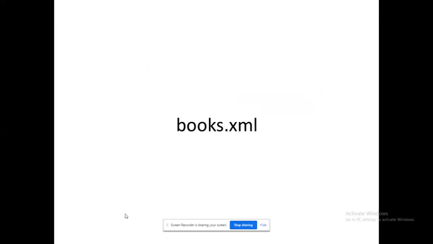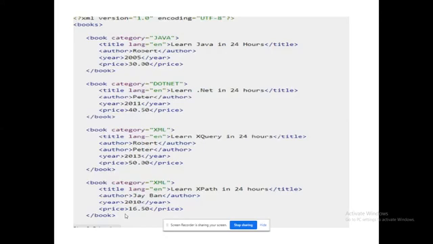That's the easier one. So here you have the basic example. Books is the parent node. You are having 4 book records available there. So every record will have the following subtags: title, author, year, price. Okay, title, author, year, price. So these are all the 4 tags that are available with that.